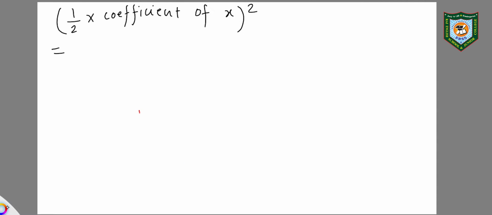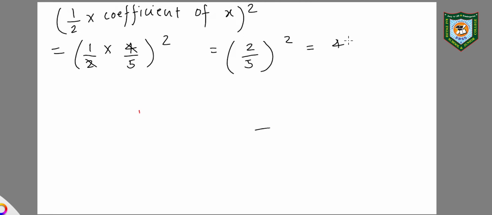So I'm going to find the value as 1 by 2 into 4 divided by 5, whole square. I can cancel this out, so I am left with 2 divided by 5 whole square, which is equal to 4 divided by 25. Now I'll be adding 4 by 25 to both sides